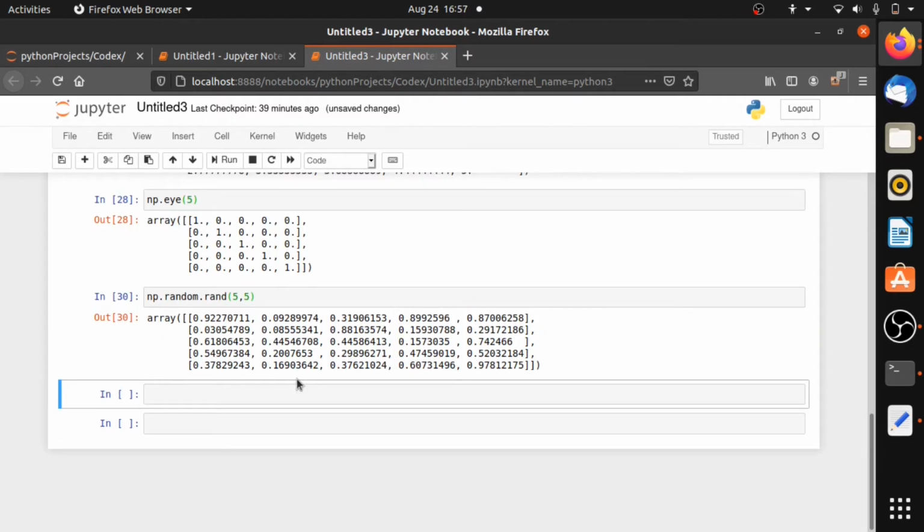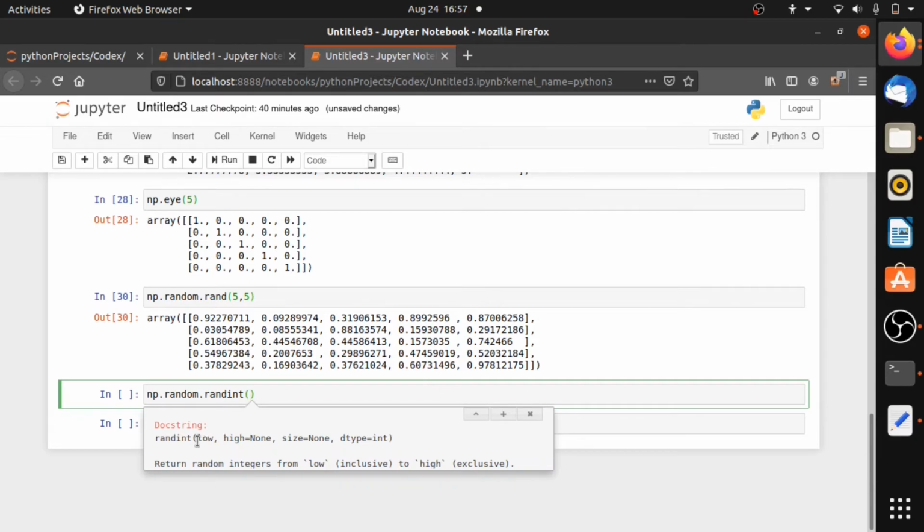Another function is the randint function to generate random numbers, which will be done like this. np.random. Remember, to print any random numbers, the first thing we have to write is np.random. Then we write another function, that is randint. Let's check the attributes. The first ones we input are the lowest value and the highest value, and then the size and the data type integer. It is not compulsory to mention size and data type, but it is compulsory to write the lowest and the highest value. Let's check what it does.